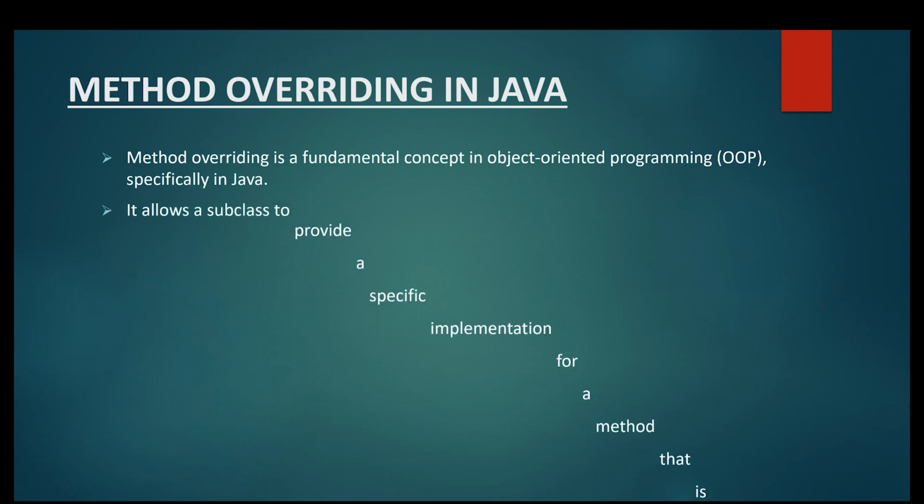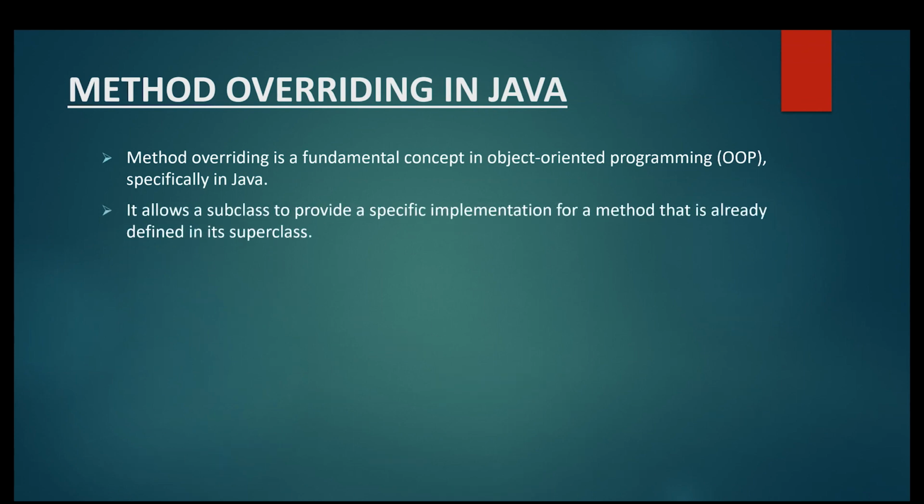The second point about method overriding in Java is that it allows the subclasses to provide a specific implementation for the method that is already defined in its superclass. That's what I told you in the beginning itself, that method overriding is a process of implementing superclass methods in the subclasses with the same signature. In other words, when a subclass has a method with the same name and return type and the parameter as a method present in its superclass,